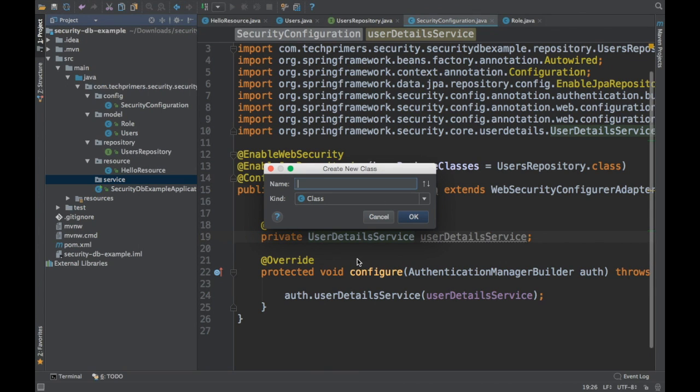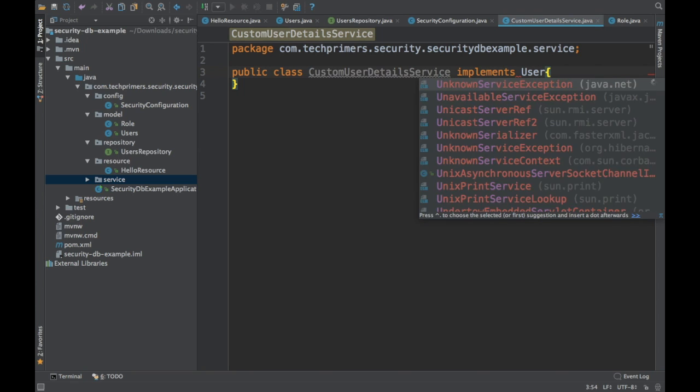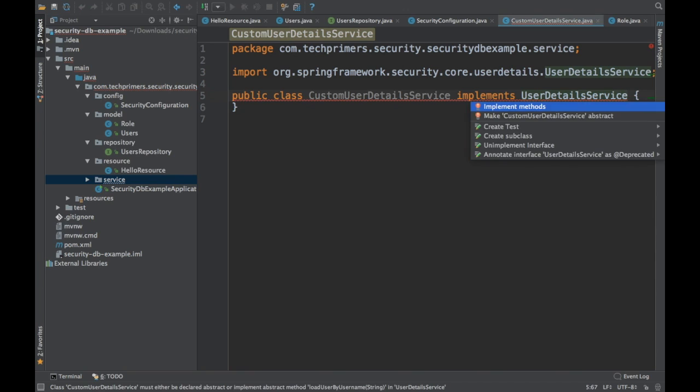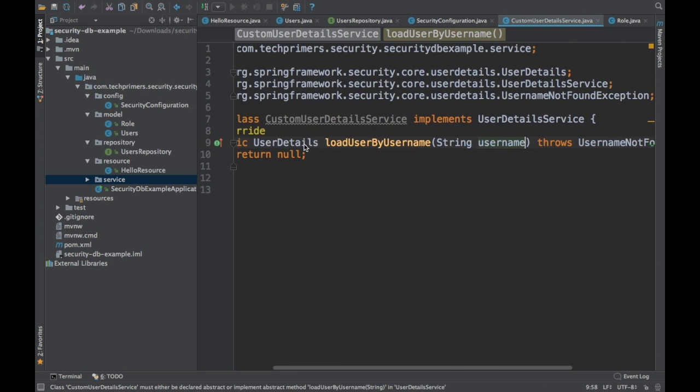So I'm going to call this a custom user details service, and I'm going to implement the user detail service. Along with the implementation, we are going to override the load user by username method. So this is going to be a username. Okay, so what we are going to do here is we need to authenticate now and provide an object of